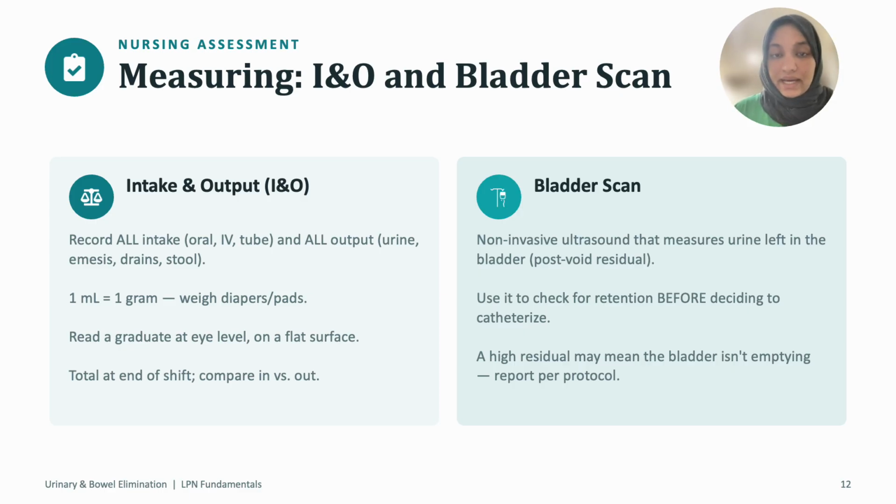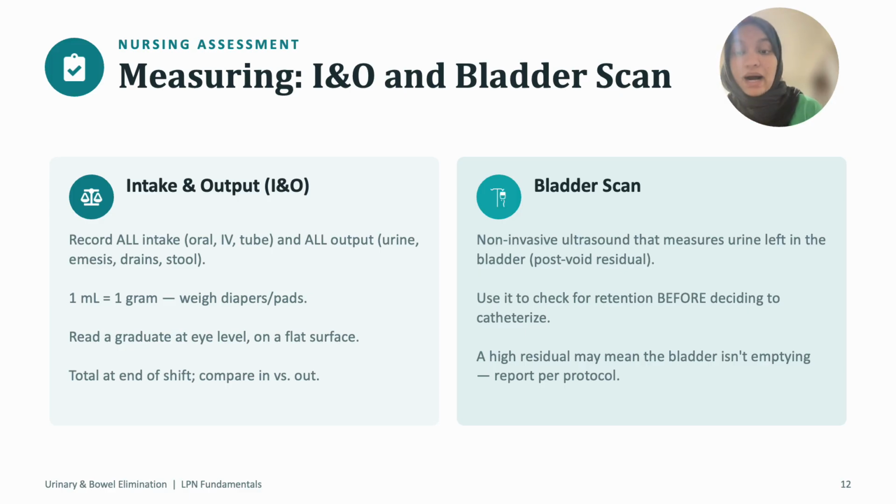Then the bladder scan. It's a painless ultrasound that tells you how much urine is left after voiding. The post-void residual. This is huge. We scan before we reach for a catheter. Assess, then intervene. Like I said, you just don't want to catheterize without knowing if they're really holding urine in or not. So you want to make sure with the bladder scanner, because as nurses, our nursing process,